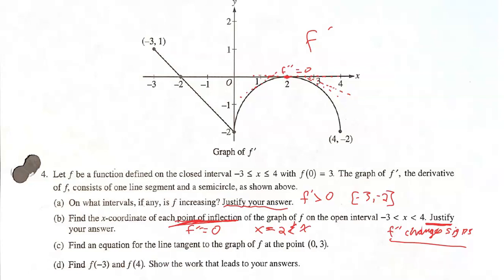We can also get a point of inflection. We really just need a sign change. Think about where we get critical points. It's when our derivatives are 0, or when our derivatives, in this case the second derivative, would be undefined. So if we look right here at what would be the x value of 0, pay attention to your slope to the left and to the right. To the left of 0, the slope of f prime would be negative, but immediately to the right, the slope of f prime would be positive. What that would tell us is x equals 0 is also a point of inflection, because our